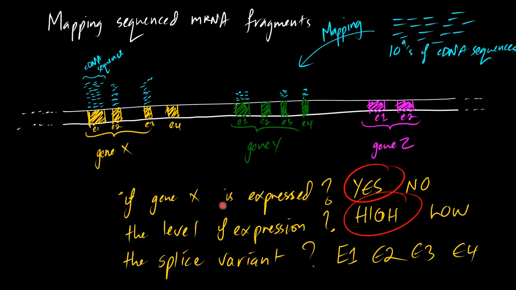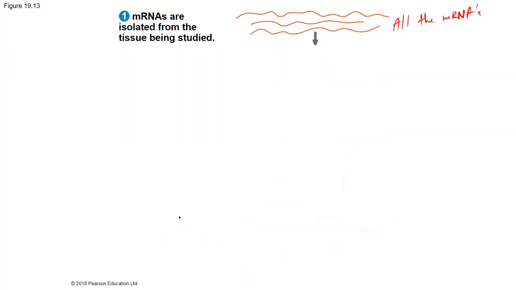What about the splice variant? Notice that we have cDNA sequences mapped to exon 1, 2, 4, but not 3, which means in this type of cells,